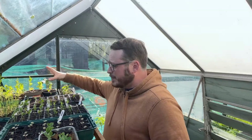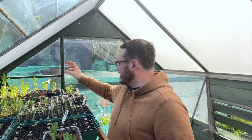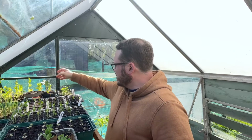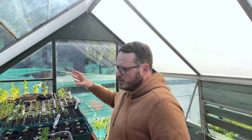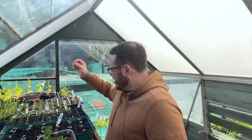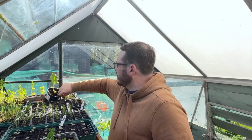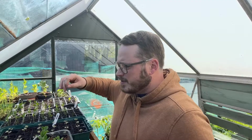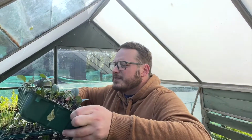My peas, they desperately need to go out. They're starting to look a bit sad now, a bit nutritionally deficient, so they definitely need to be going out this week. This rhubarb plant's looking all right again. That's the one I found in the compost, and yeah, could be better. That needs to go out this week. And apart from that, everything else seems to be okay, apart from all my cabbages, which they're looking a bit